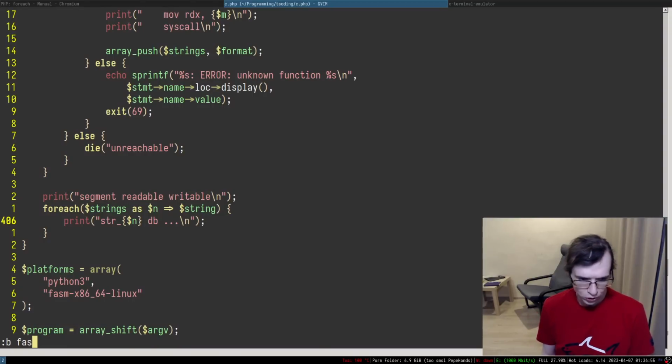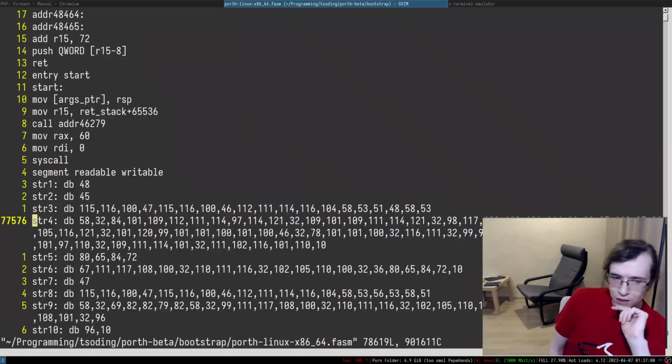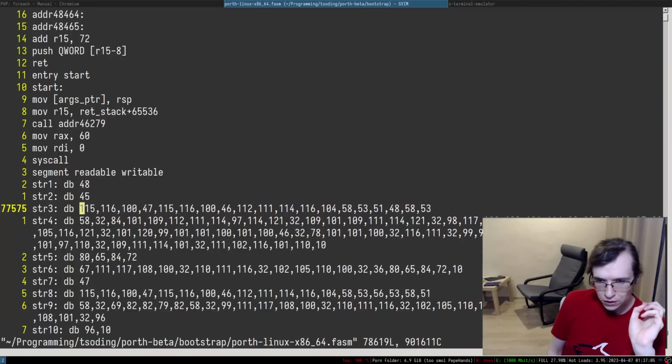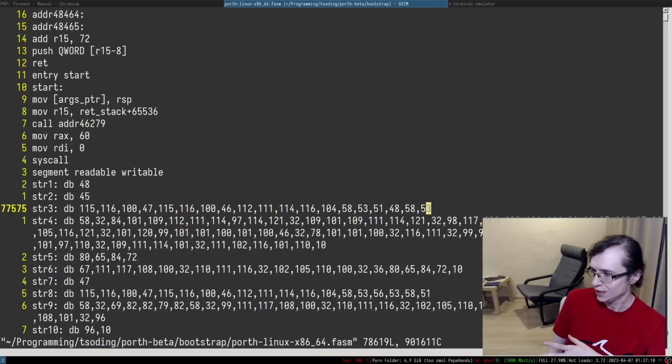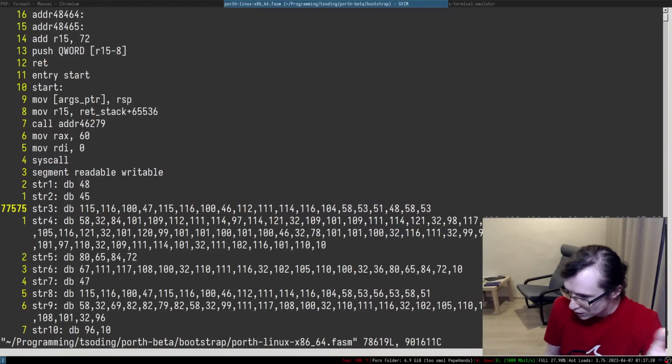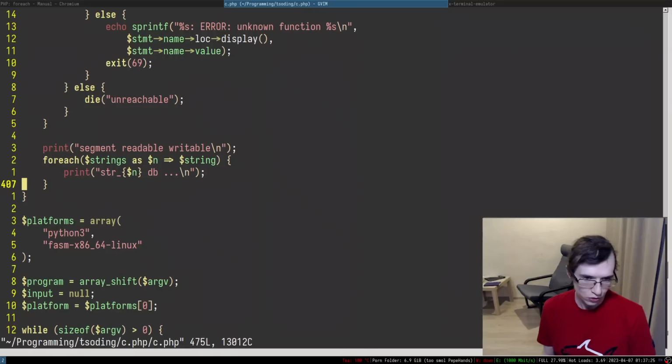But the way I want to generate that, I want to generate it similarly to how I do that for Porth. Essentially, I'm taking the codes of each individual character and I put them as bytes, right? And it just allows me to not think about escaping or anything like that. This is actually a very convenient way of doing that, right? If you just generate them as bytes, you don't care about escaping, right? You don't have to think about that.